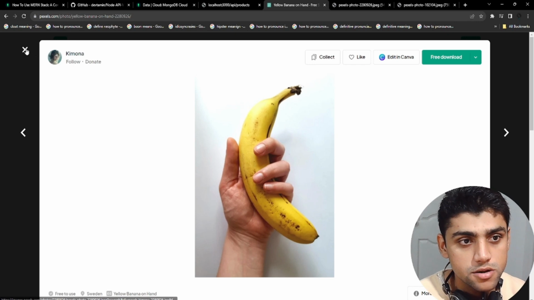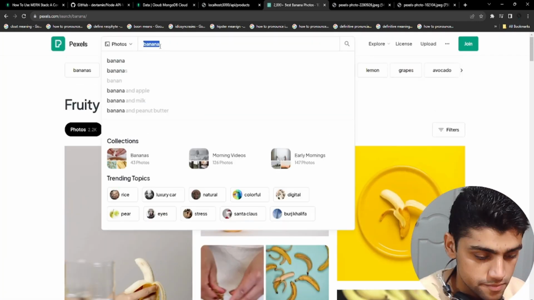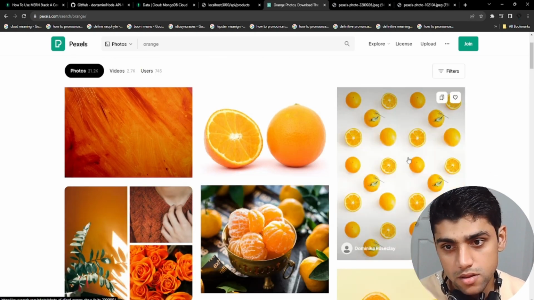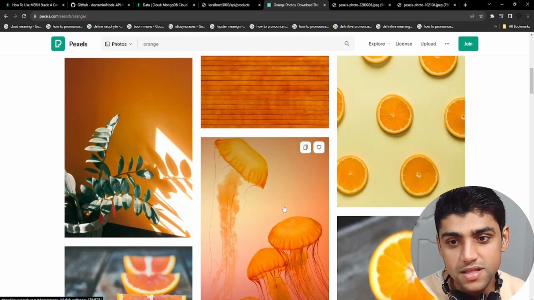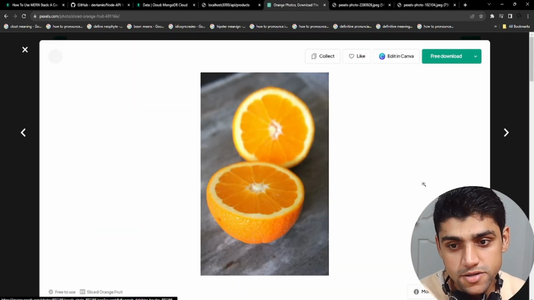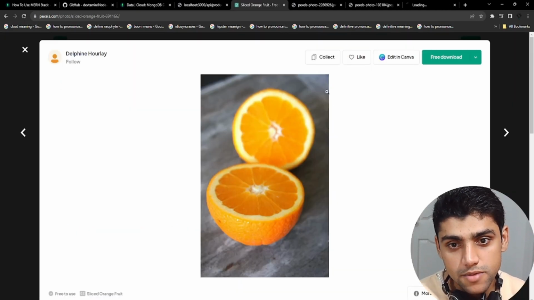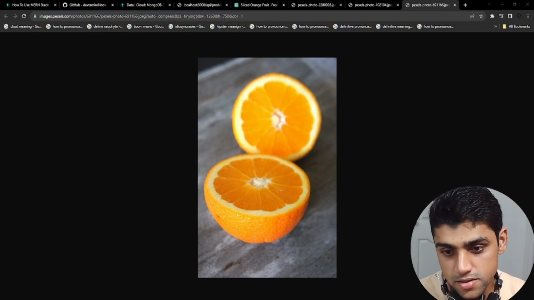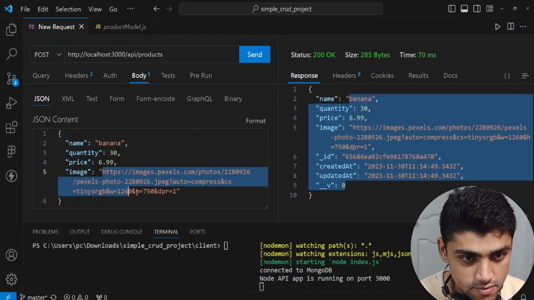So let's just go here and let's say orange, and okay, it's a lot of colors of orange. There's our orange, and let's open it up in a new tab, and this is our orange picture. Copy it, and let's just paste it here,